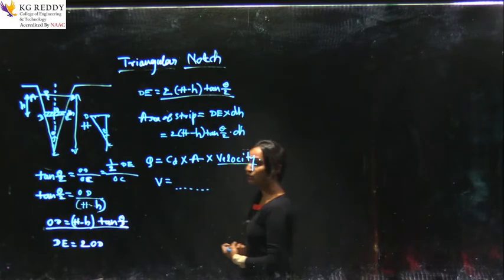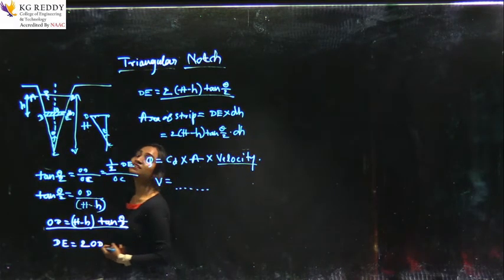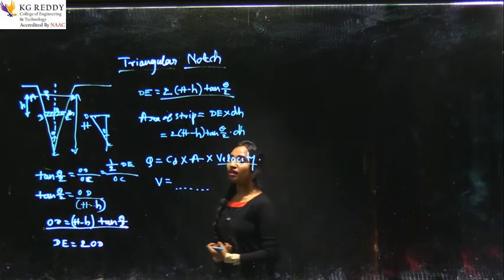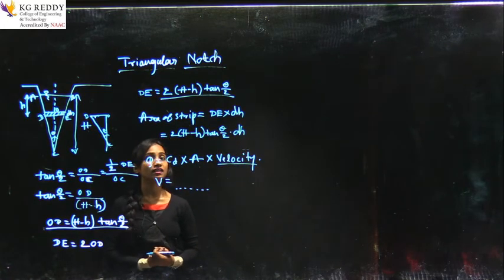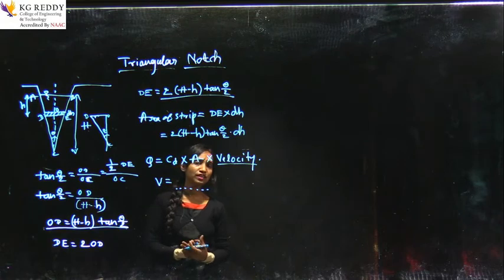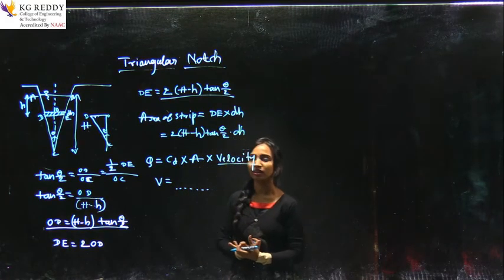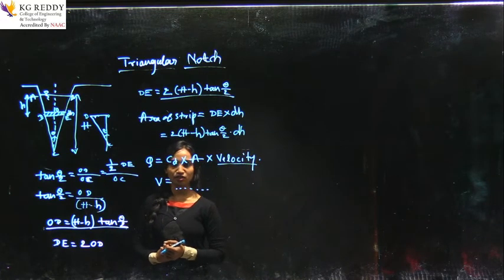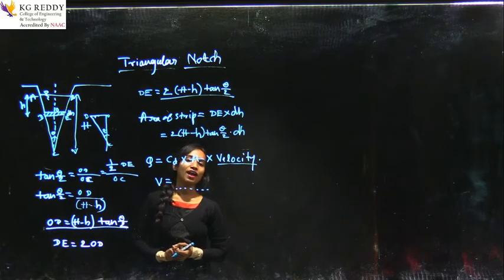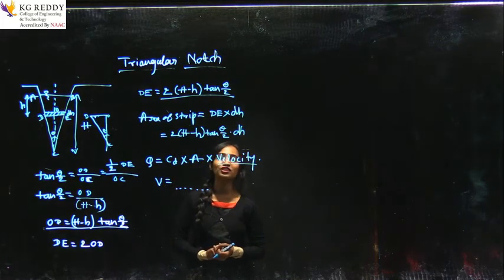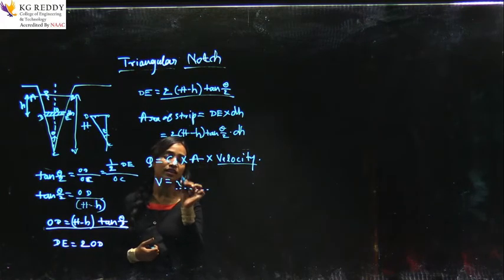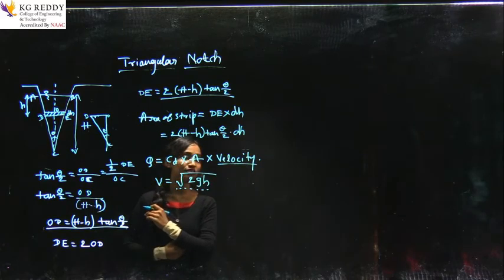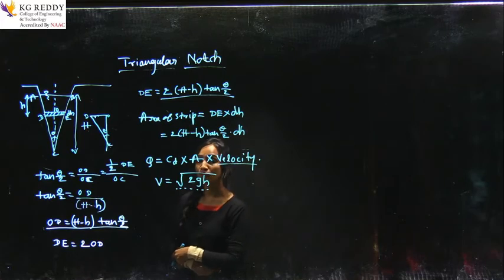Theoretical velocity is equal to... Come on, just try it. We already went through this in one of the videos when we were dealing with the rectangular notch. So the same velocity we are using here. The only difference is that there it was a rectangular notch, here it is a triangular notch. If you answered, that's very good, congrats. The theoretical velocity is square root of 2gh. Who all of you answered? Check your mental ability, how much you are remembering.